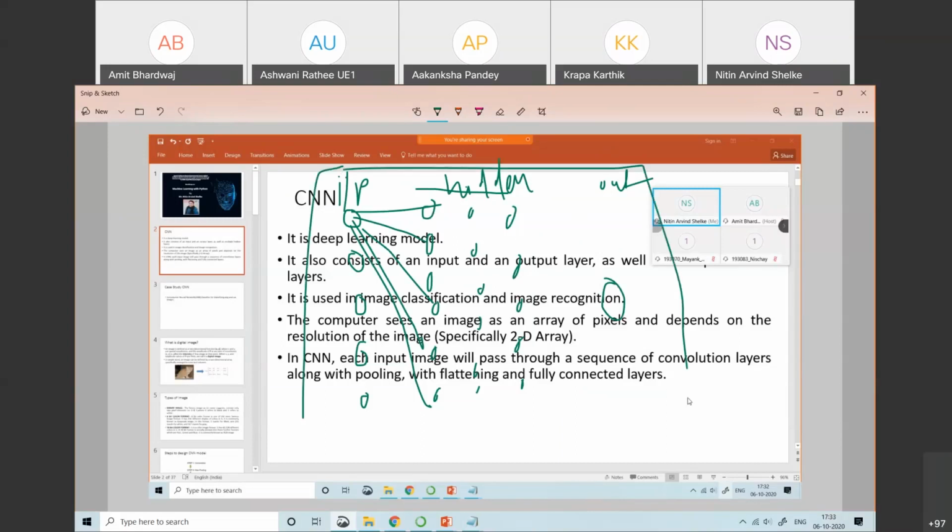Whichever model you take, whether it is CNN, ANN, perceptron, multi-layer perceptron, RNN, autoencoder, or a combination model, it can be implemented with an artificial neural network. That's why this part is very, very important.